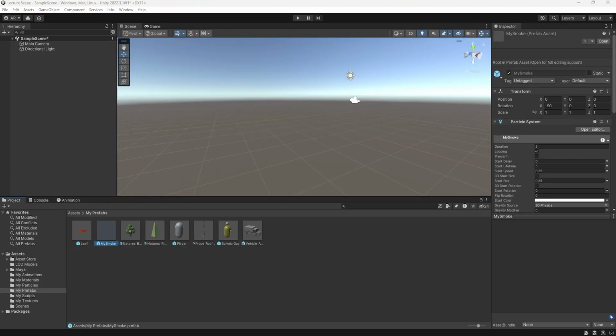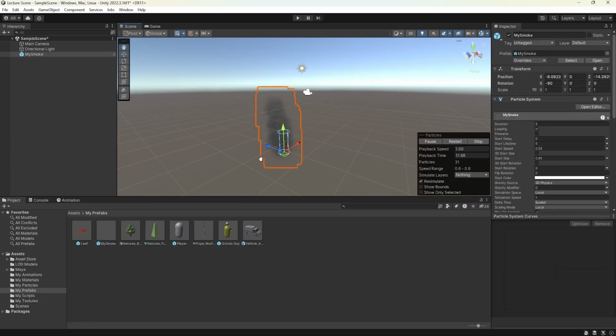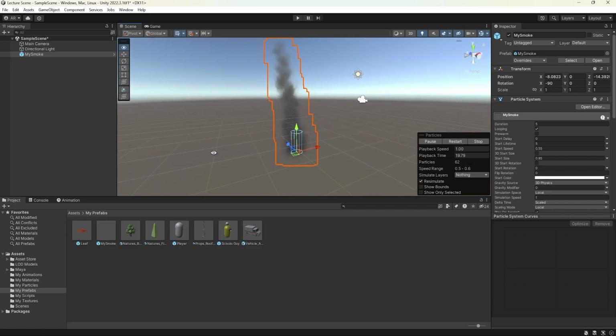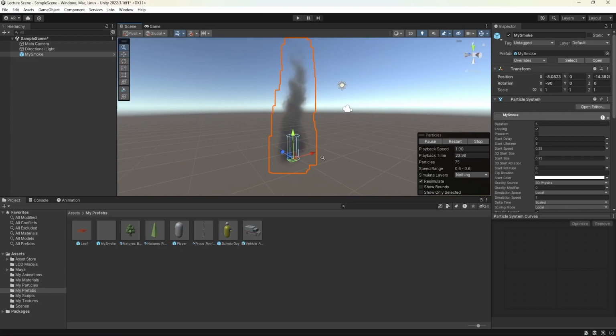Quick cut, we're actually in a different project. This is the lecture scene project and not the terrain project. The reason for that is because for week 11, I actually created smoke and worked on particle stuff within the lecture scene project, which means I have this very nice smoke effect here that I created for week 11. I want to make sure I get this into the terrain project, so I'm actually going to export this asset from one